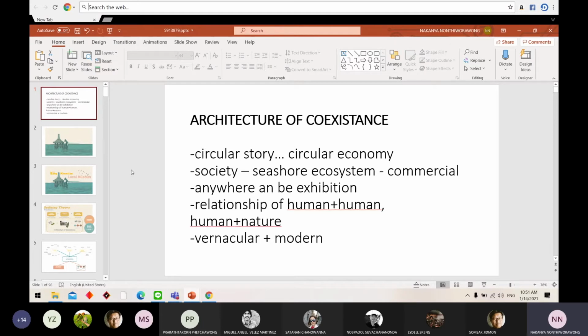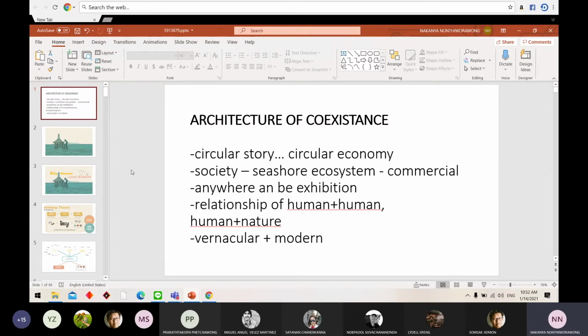From the area that I observed, I try to see how my architecture can link the story of this area and make it into a full circle that people can go and observe,